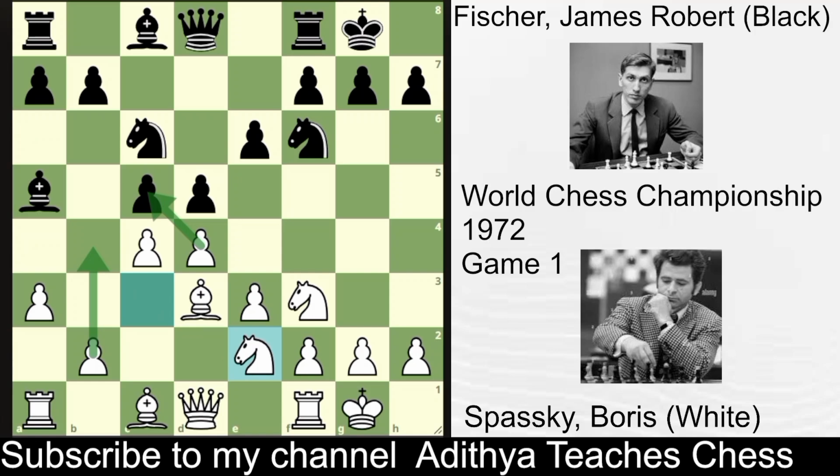Knight e2. The idea of knight e2 is capturing the c5 pawn, and white wants to play b4. Instead of knight e2, if white played d takes c5,